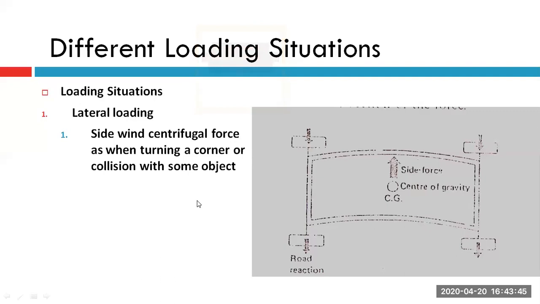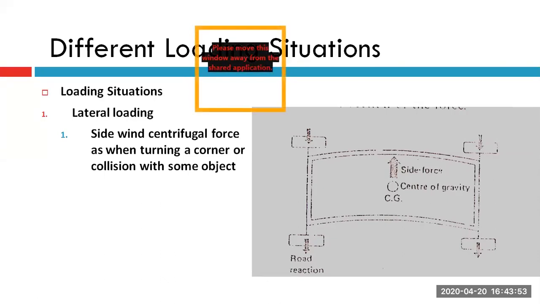So as the vehicle is trying to turn or corner, that means it is trying to take either a left or right turn, or in case there is a collision with any of the objects. If there is a side impact, like a side crash, that is again a lateral loading situation. Obviously we don't want the vehicle to undergo that particular situation.